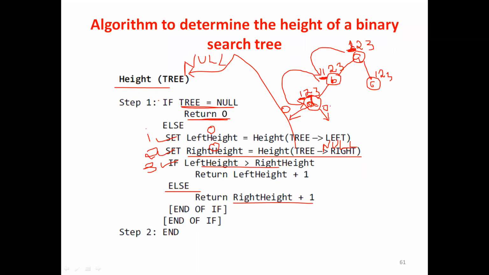Once the third step is done, it returns 1. I'm writing here. Once this is over, it's returning 1. Why is it 1? We told now, as per this procedure. Some authors may take it differently, but here we're considering the node D. I cannot simply leave it. That's why it is taken as plus 1.